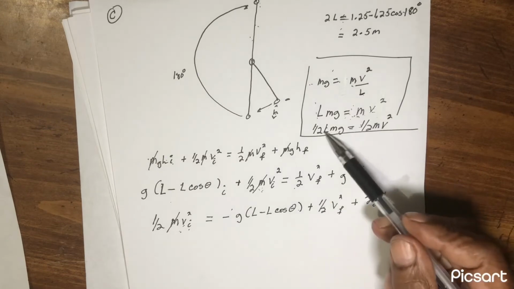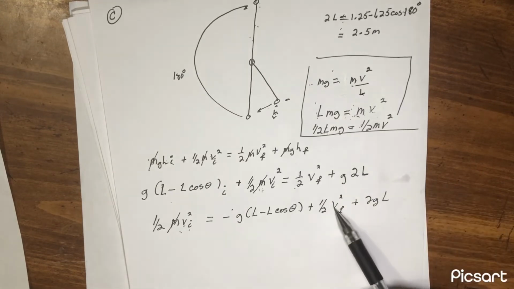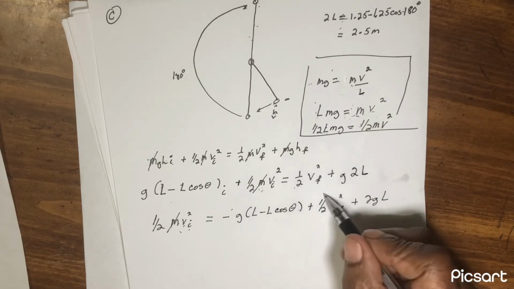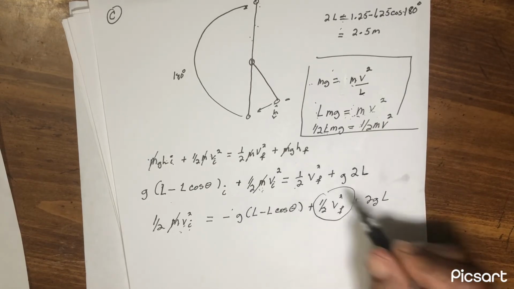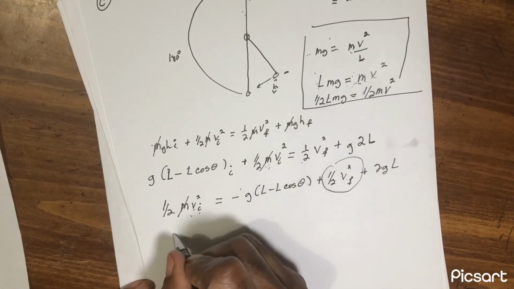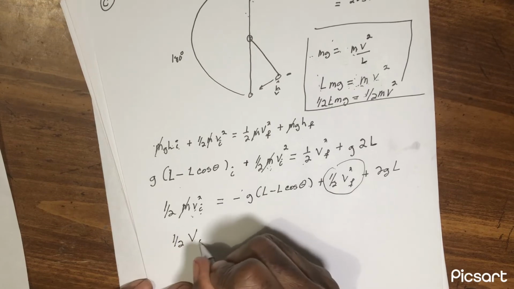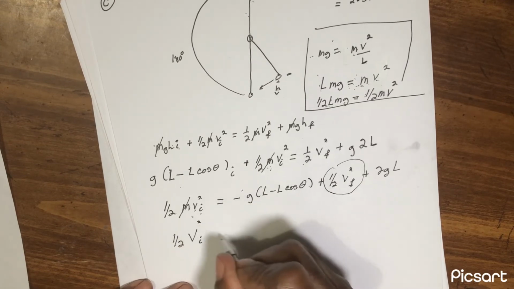We're going to substitute this with L into this expression right here. So we have 1/2 v initial squared, what we're looking for,